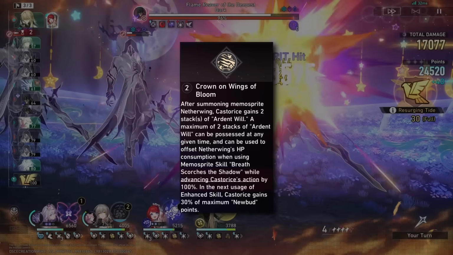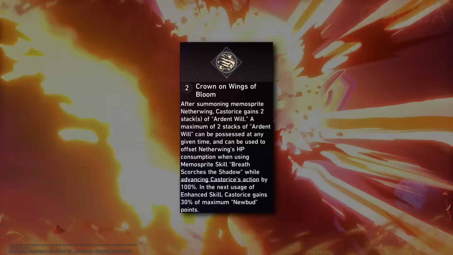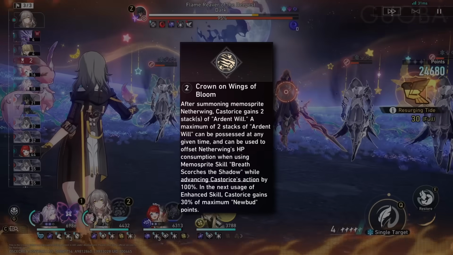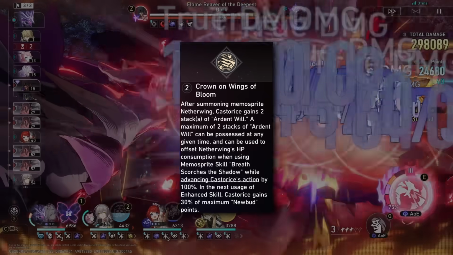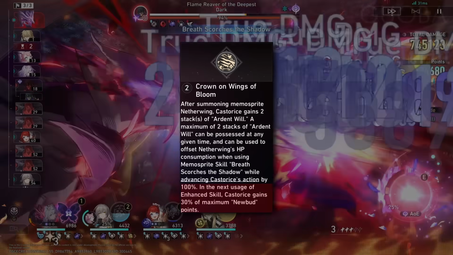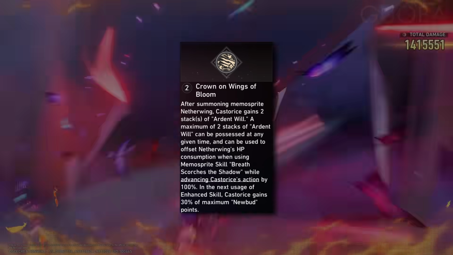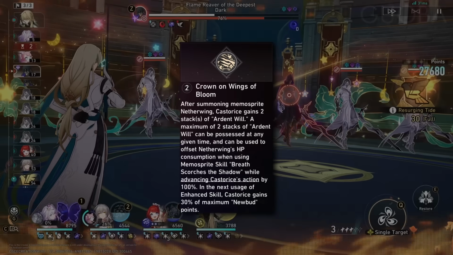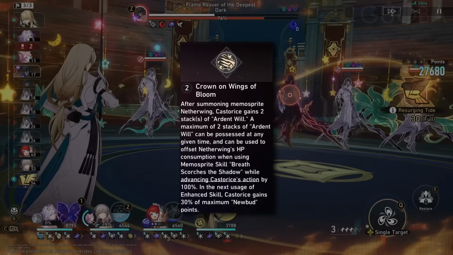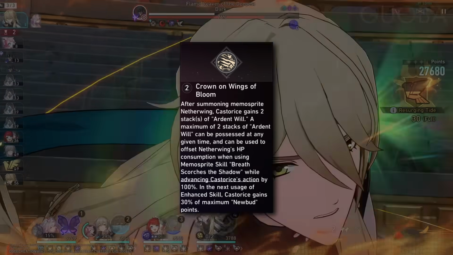Cool. When summoning Netherwing, Castorice will also advance her action by 100%, which means she will act before Netherwing, and that includes the 0 AV action with her technique. And Castorice finally gains 30% of maximum new bud once per special skill per summon, which translates to way faster ultimates. Basically, faster ults, more Castorice actions, more damage from Netherwing. Though Castorice acting so much can hurt buff uptime, make sure to play around that when using characters like Remembrance